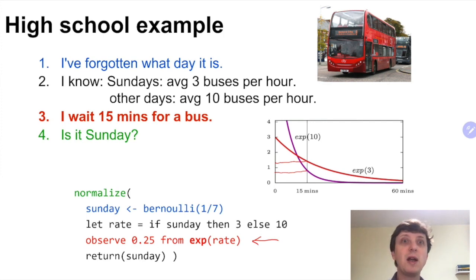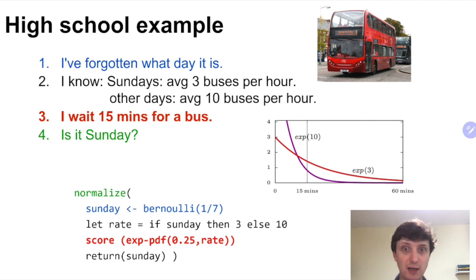Maybe you're thinking what I should be observing really is not a 15-minute precise number, but rather some interval around 15 minutes plus or minus epsilon. Well, it turns out that if things are sufficiently continuous, then as epsilon goes to 0, that rejection sampling method tends towards giving the same answer as the likelihood-weighted simulation method. Okay, so because I'm going to focus on this weighted simulation as a kind of gold standard for implementation,